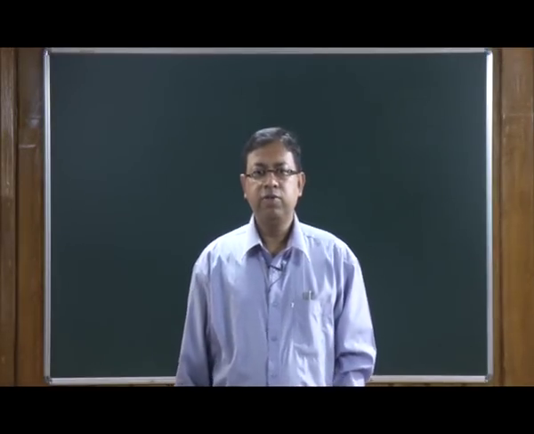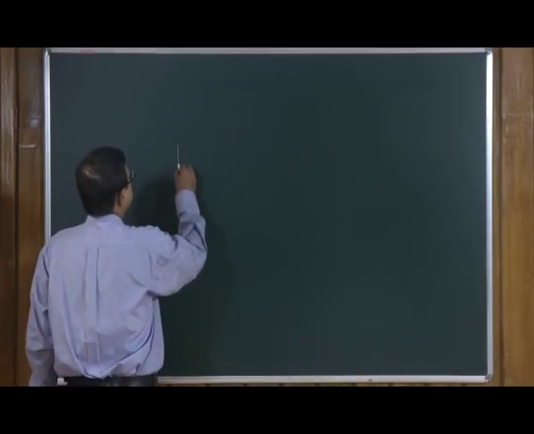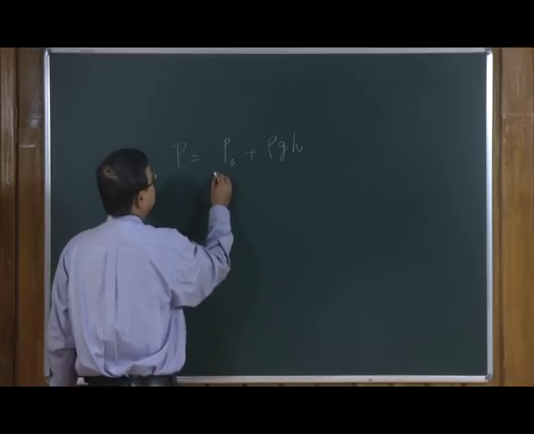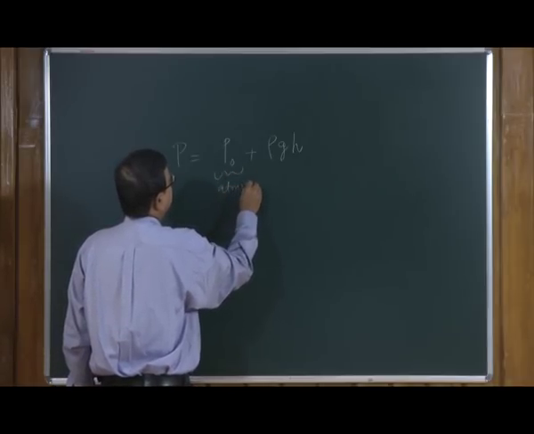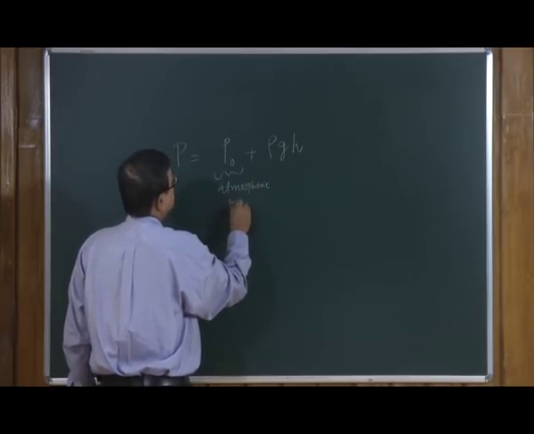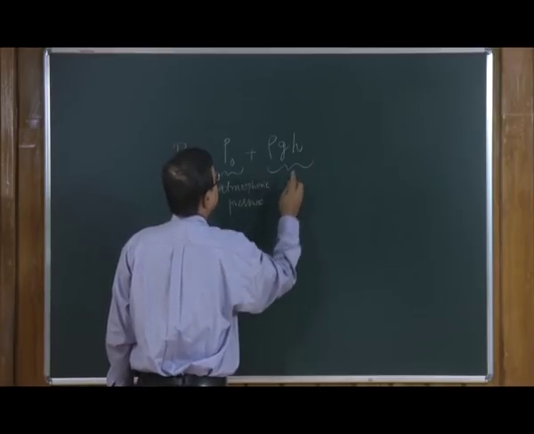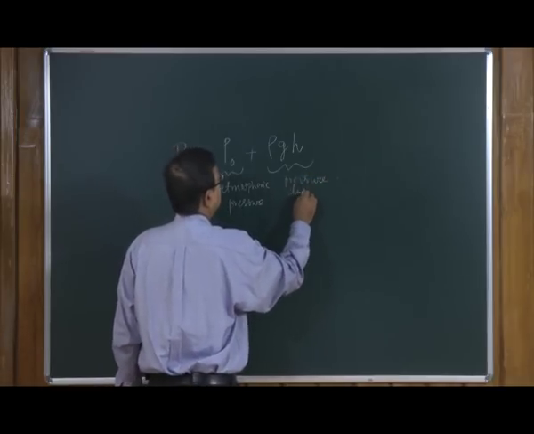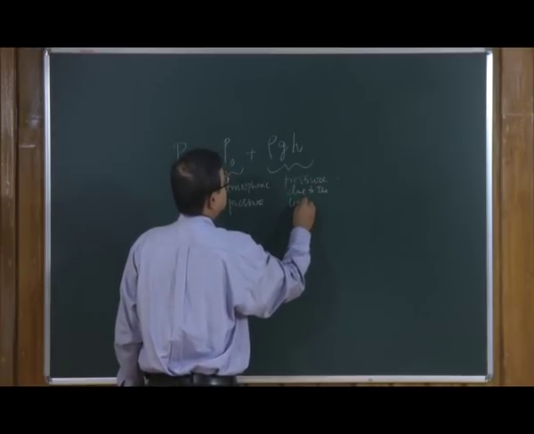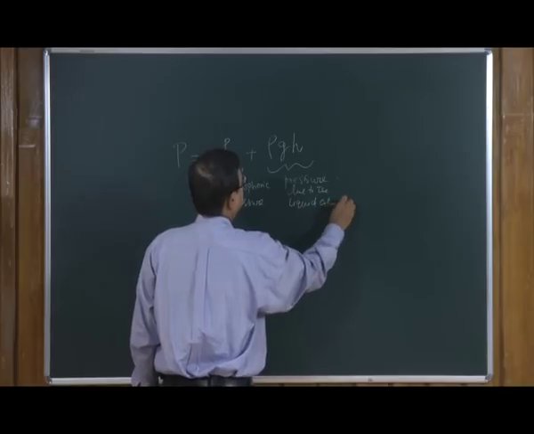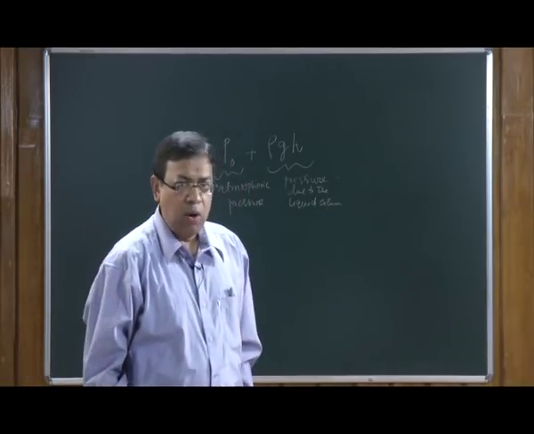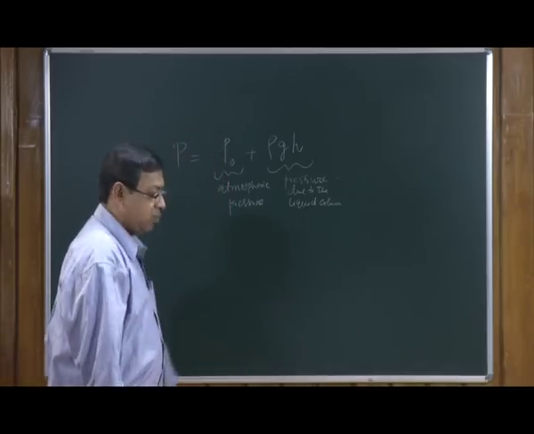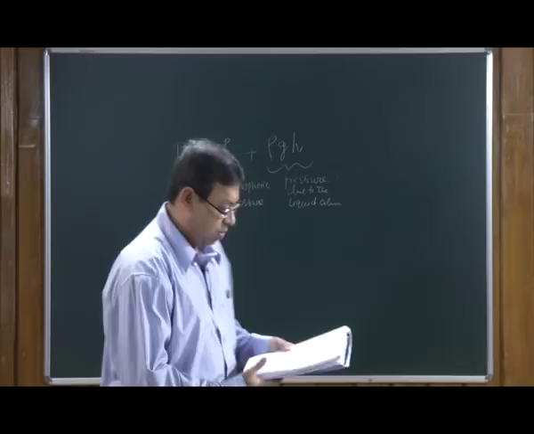Having looked at the expression for pressure, which is given as P equals P0 plus rho g h, this being the atmospheric pressure as we have discussed, and this being the pressure due to the liquid column of height h, we now want to do some problems using this formula, that is, pressure due to liquids. So, let us do a problem which says that